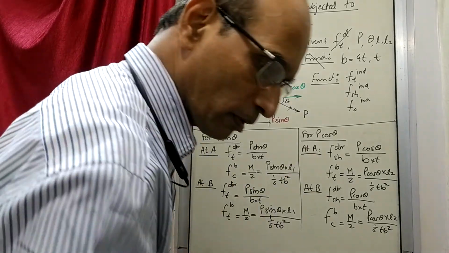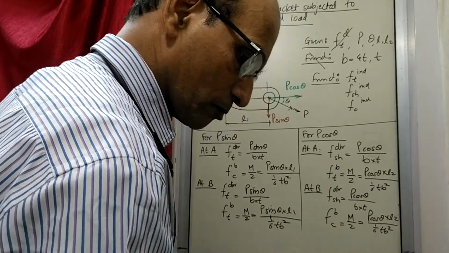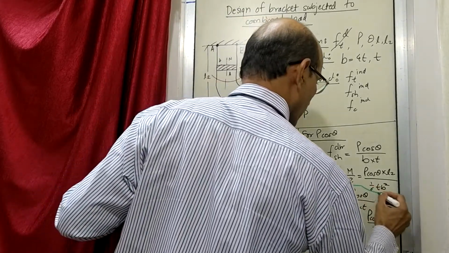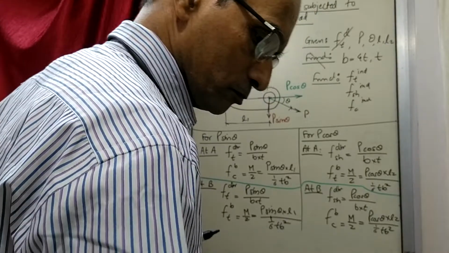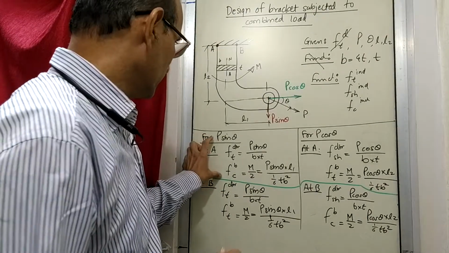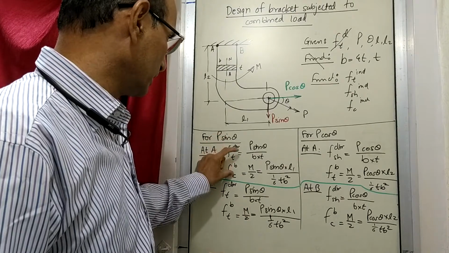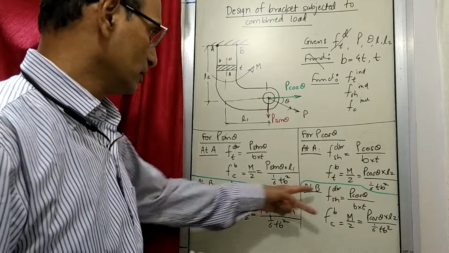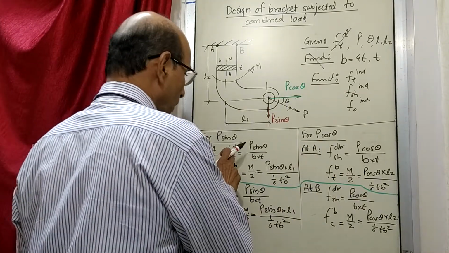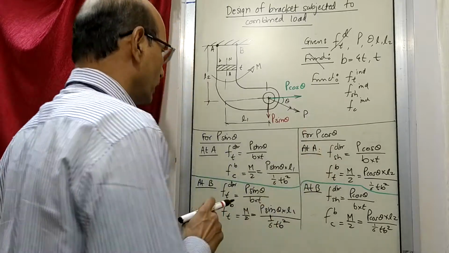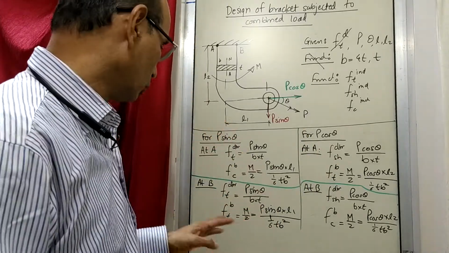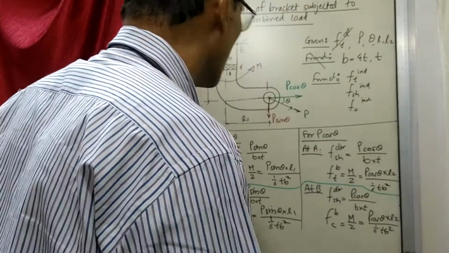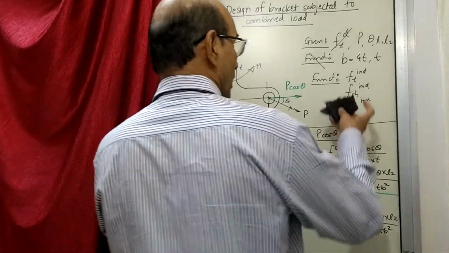I'll just draw one line here. If I put a partition like this, these are the stresses at A because of P sin theta, 2 types, and at A because of P cos theta, these 2 types. Similarly at B, these are the total stress. That means now we have to combine this, this, this and this to get the total stresses at A. Now how can that be done? I'll just take this out.